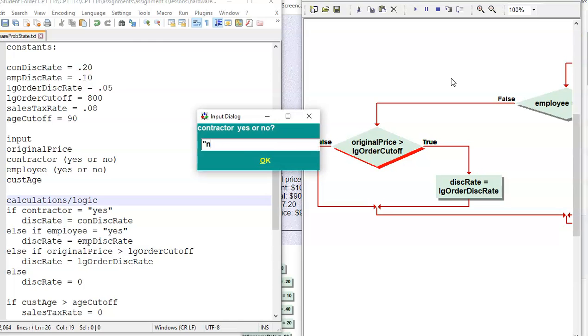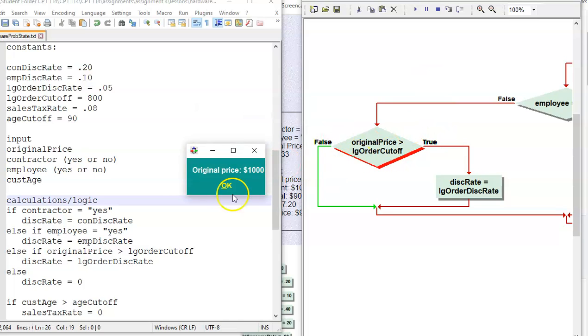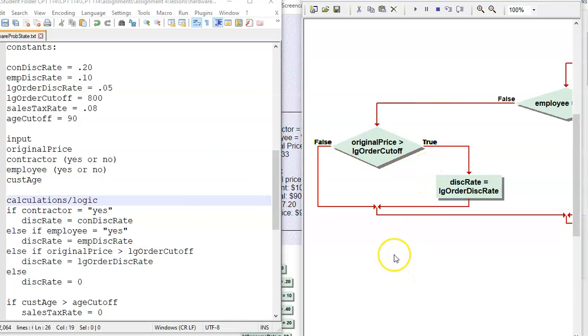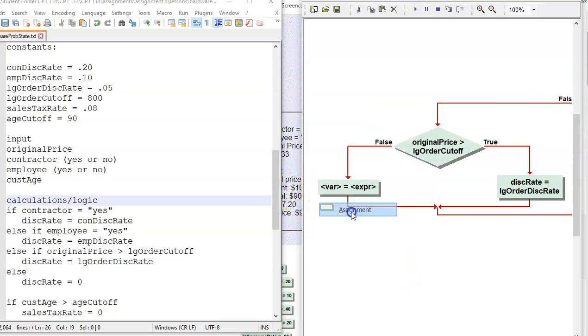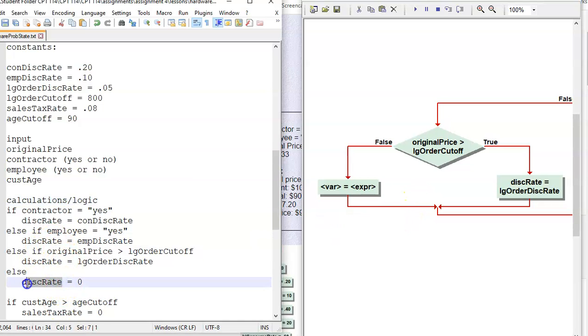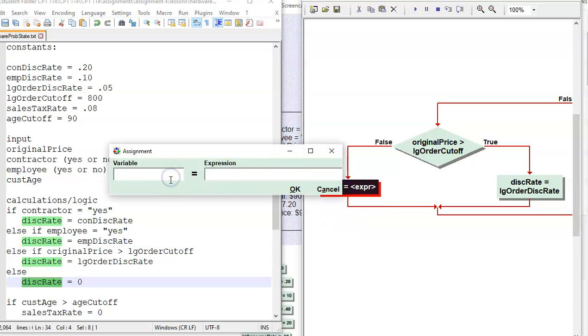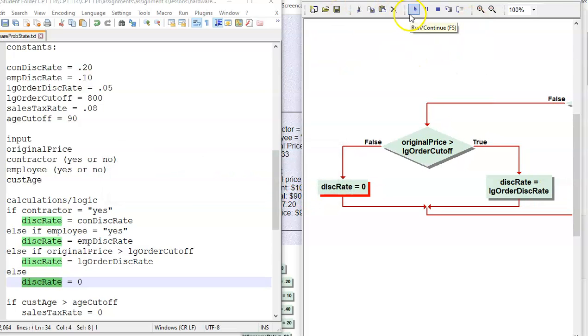We have $1,000. No. No. 20. All right, so original price, $50. So that's a 55% discount. And then that's working, and that's working, and that's working. Okay, so now we have one more thing to do here before we move on to the age, and that is we have this disc rate equals 0. Okay, and then if I run it one more time,